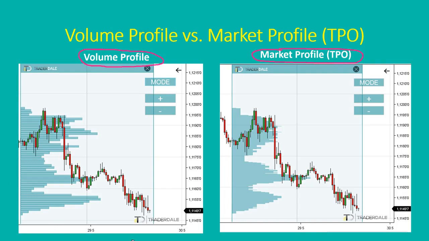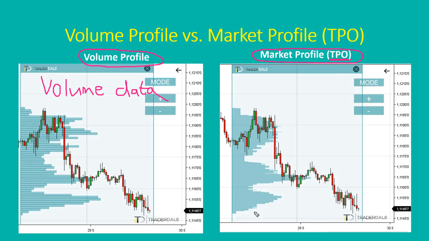In the left picture, this is the volume profile. The right picture shows a market profile. The volume profile shows exact volumes at given price levels. So it's volume data. If you look at the right picture, which shows the market profile or the TPO calculation,